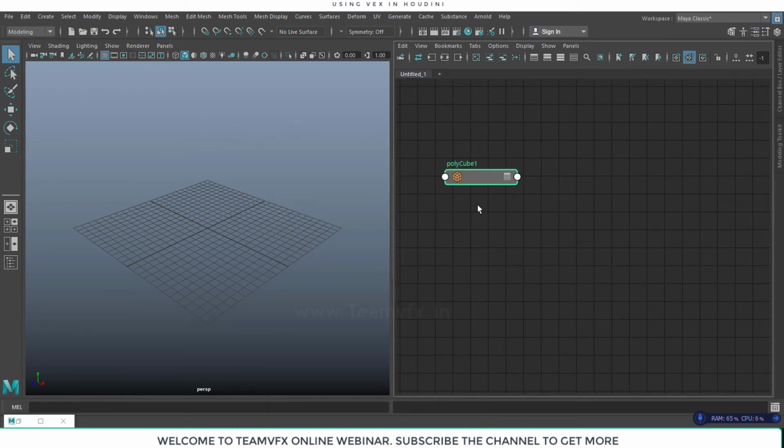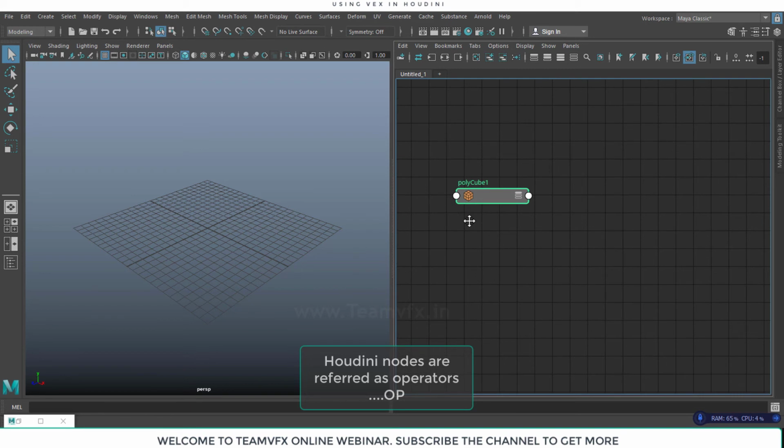So that is what I was saying, that Houdini has contexts, and that makes Houdini very different and unique, and the whole node structure is very clear for the artist, because we can understand where we are working, whether we are in a SOP node, or in DOP, or in the object context. So as I was saying, we have created a polycube, but we can't see it in the viewport because we have to give the shape and the position of this polycube.